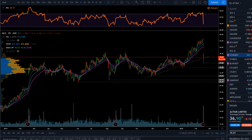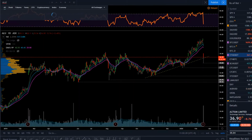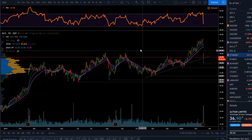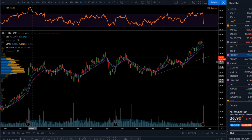All right, so let's have a quick look at this ALU stock. ALU, Altium Limited on ASX, Australian Stock Exchange. So just having a quick look on the daily here, right? What we can see is that